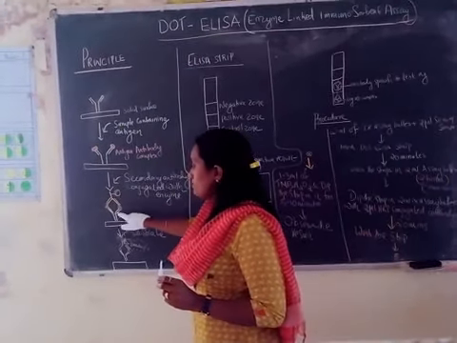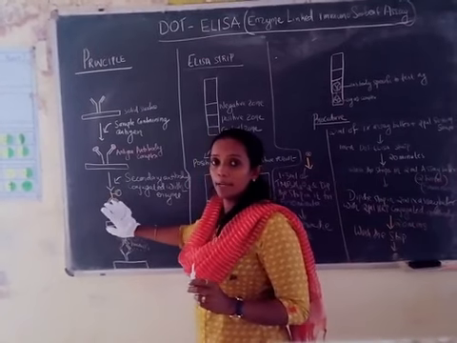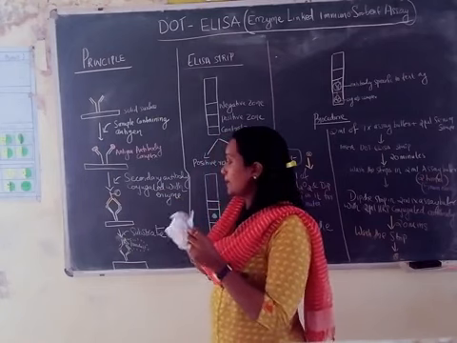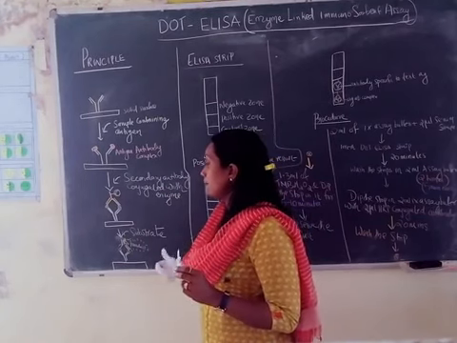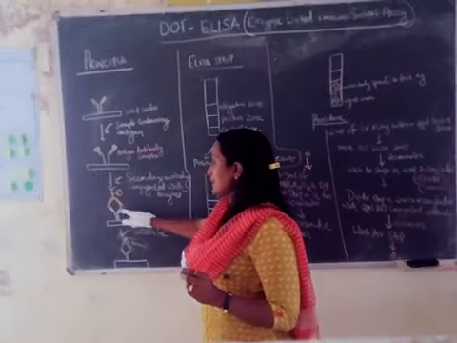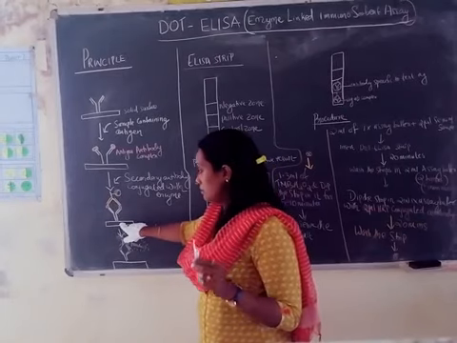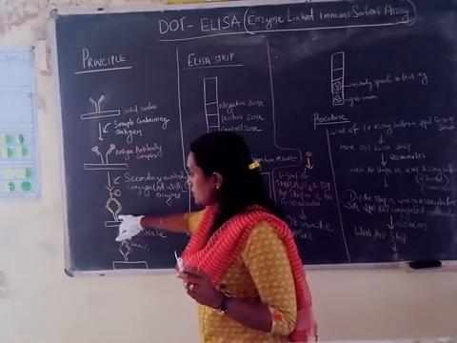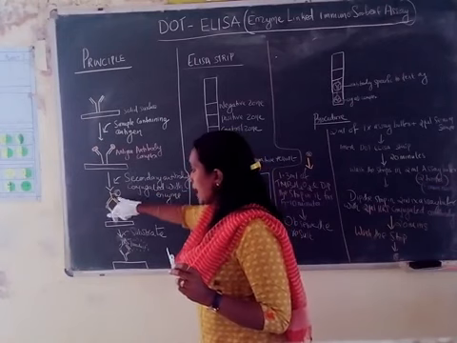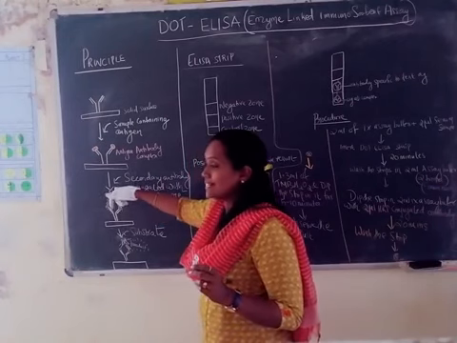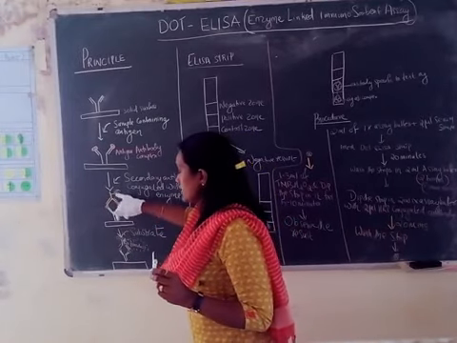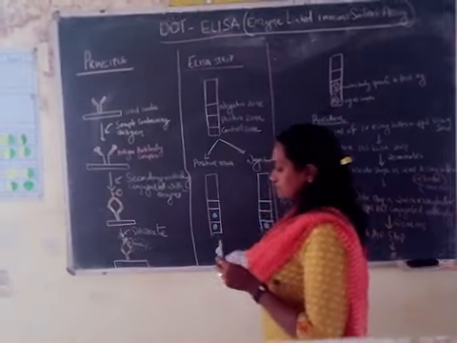Those antibody will bind to the antigen-antibody complex. Fine. Now, what is that complex which will be formed on this membrane? If the antigen is there in the sample, you will get a complex like antibody which is bound to the ELISA strip that is already bound to an antigen. On top of that, your antibody which is conjugated with the HRP will bind and forms a complex. Antibody, antigen and secondary antibody complex.